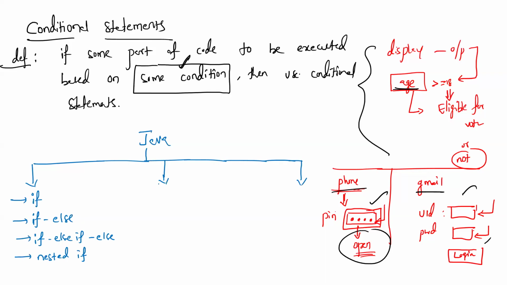Any other ideas or awareness? So there is a ternary. Ternary is one more type of conditional statement in Java. Then switch is one more type of conditional statement in Java. Is one not enough? Why should we go for others? At the time of discussion of each concept, we'll understand.